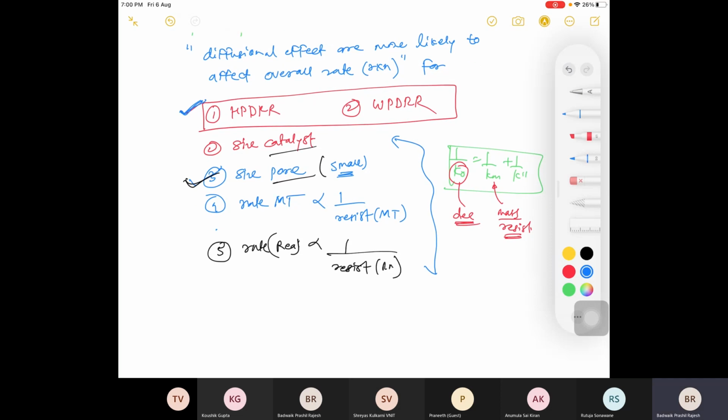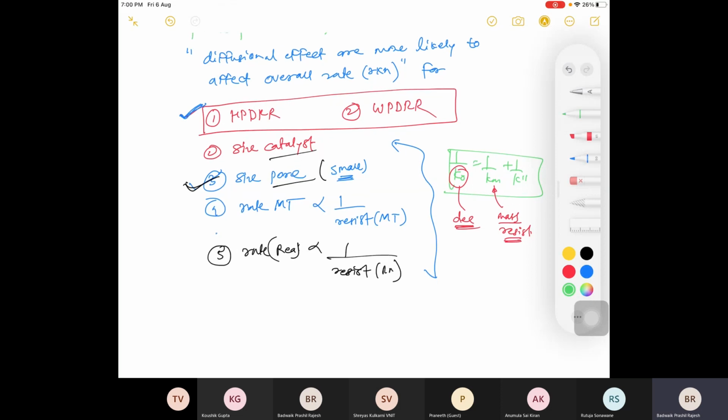Yes, it was in 2000. And one question was asked for rate of reaction. Based on this, you can tell which one is for rate of reaction. So high pore diffusion resistance regime, that means your phi is greater than 4. And I told you when phi is greater than 4, you will be having EA divided by 2. So your rate will increase. The rate of reaction is high. So the option given was fast reaction.